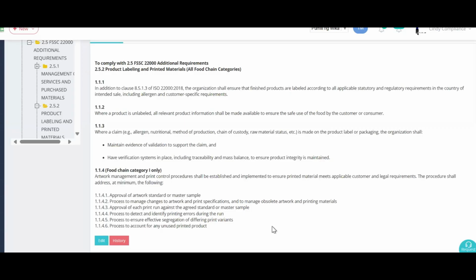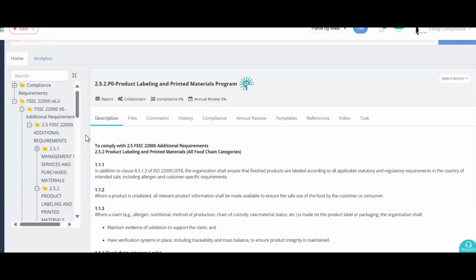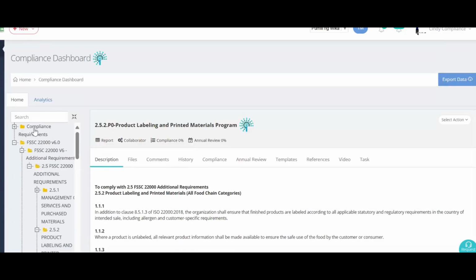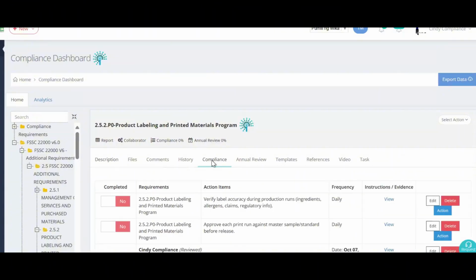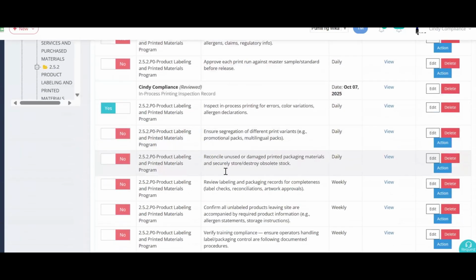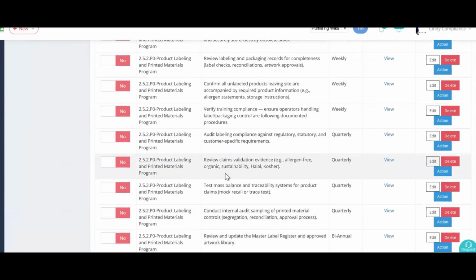Now, to implement this program, we've developed a list of action items located in the Compliance tab. So this section helps the FSQA or the Food Safety Team Leader to stay organized by scheduling the tasks based on their required frequency, whether they are daily, weekly, monthly, quarterly, or semi-annually.